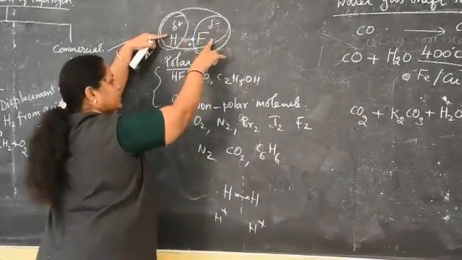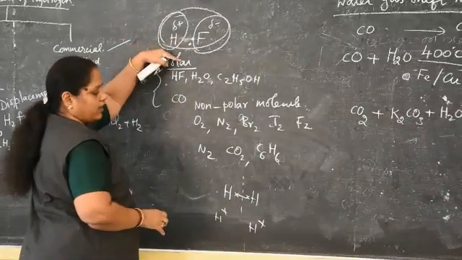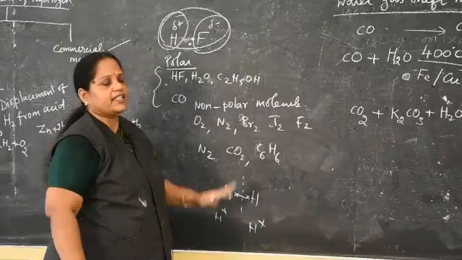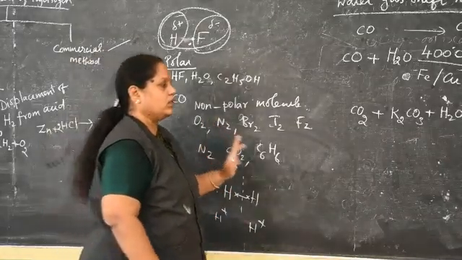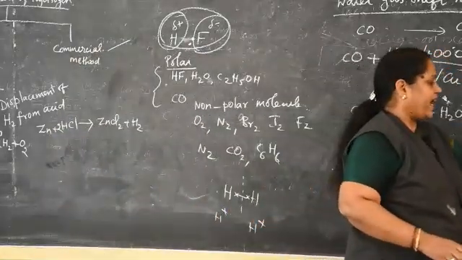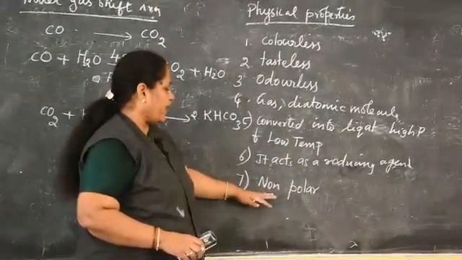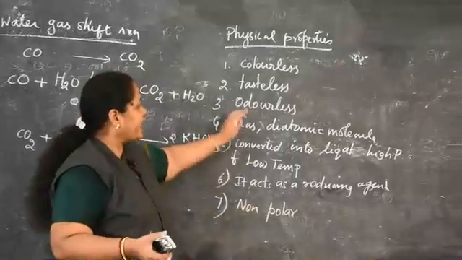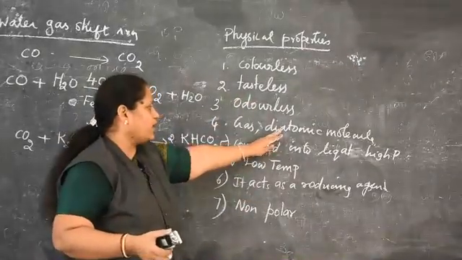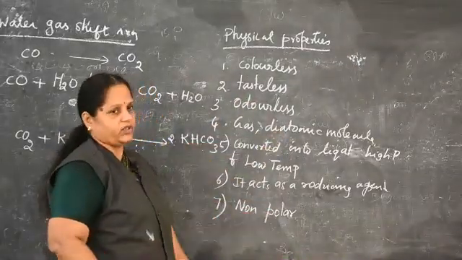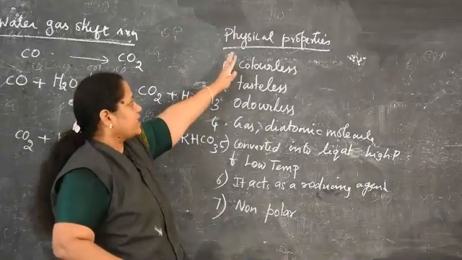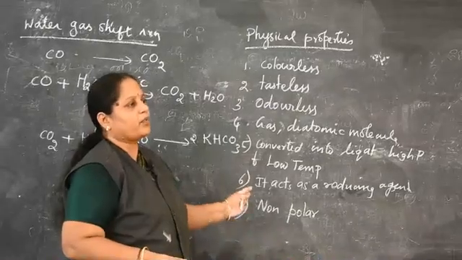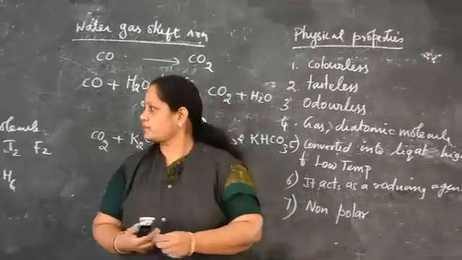That type of molecule is called a polar molecule. Molecules that do not carry any charge like that are called non-polar molecules. So hydrogen does not carry any charge, but in a molecule it exists in the form of a diatomic molecule. These are the important physical properties of hydrogen. Next we move to the chemical properties of hydrogen.